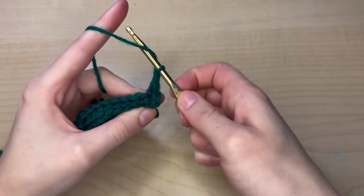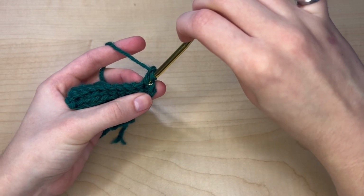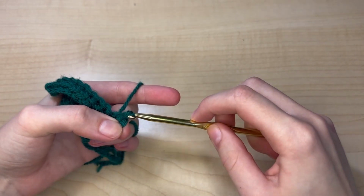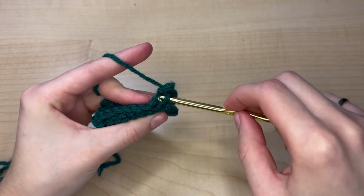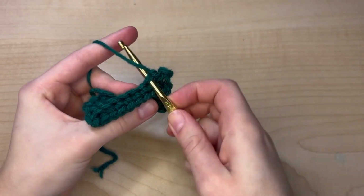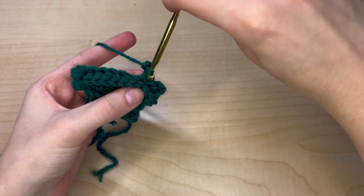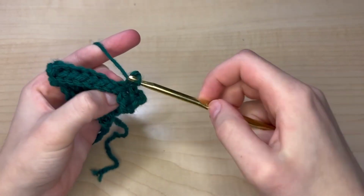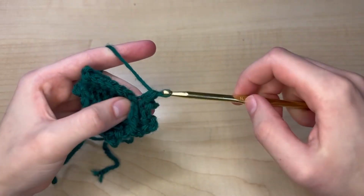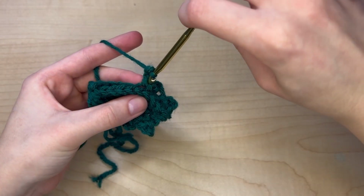and then chain 2, and then I'm going to single crochet or slip stitch into the single crochet, and then 2 single crochets, chain 2, slip stitch into the single crochet, 2 single crochets, chain 2, slip stitch into the single crochet,